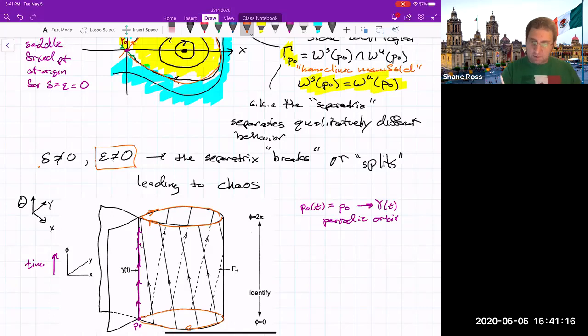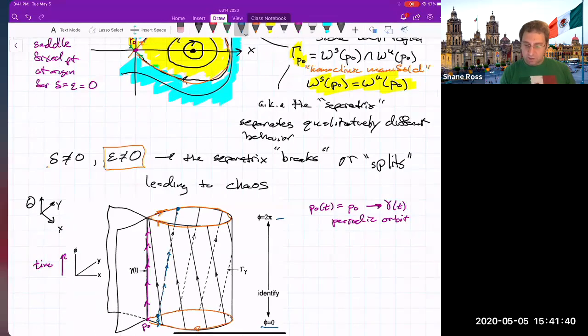As something goes through time. So if I pick a point, let's say this point down here, let me call that Q. Then Q, what is Q doing? Q is moving along the unstable direction, but it's also moving through time. So then we end up here. And this is going from phase 0 to phase 2 pi, which